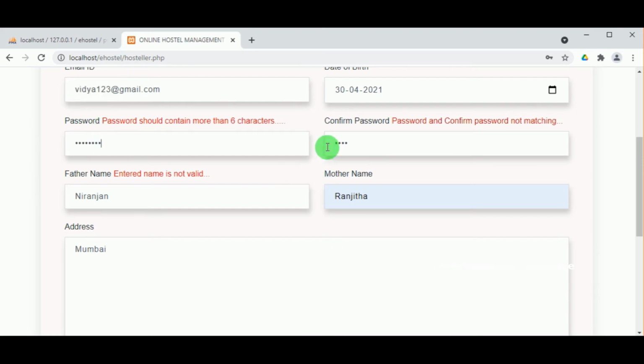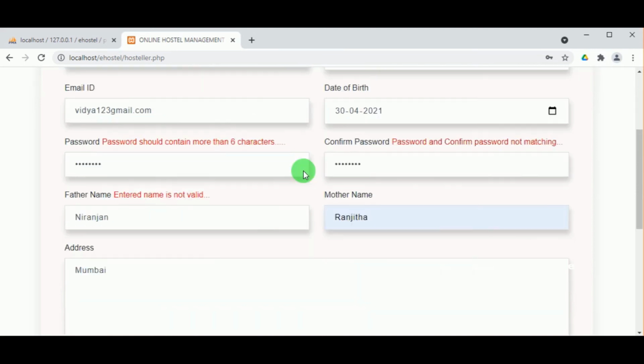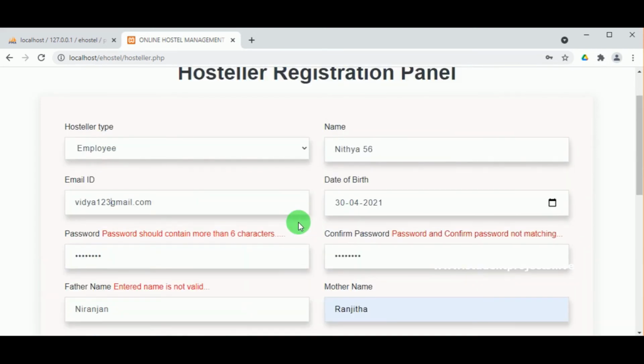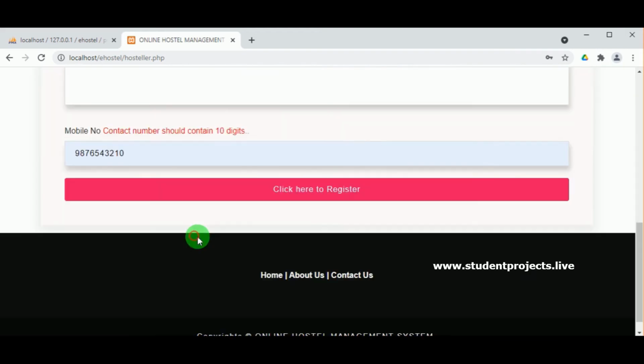Not only for the registration form, but for any form where you do any insertion, there is validation and you cannot enter wrong values. Now all the values we have entered properly.